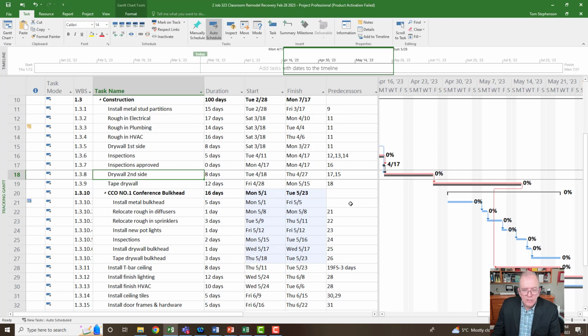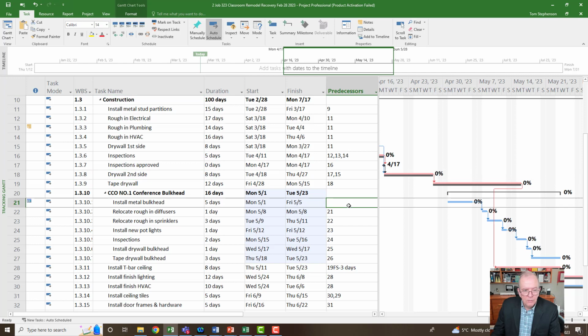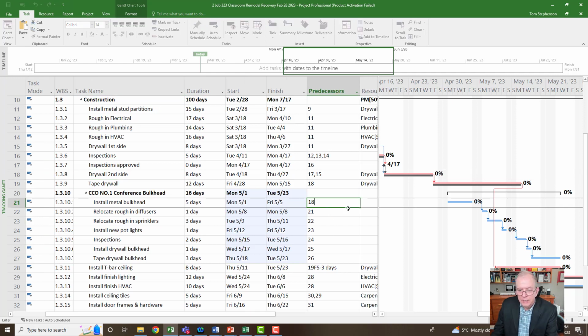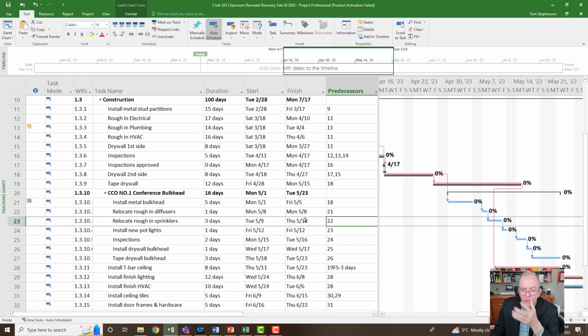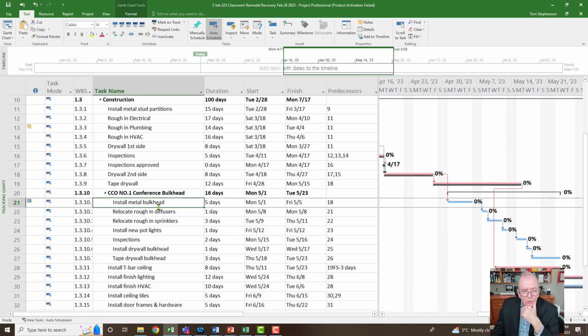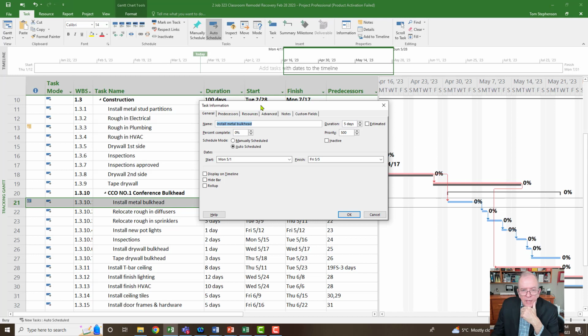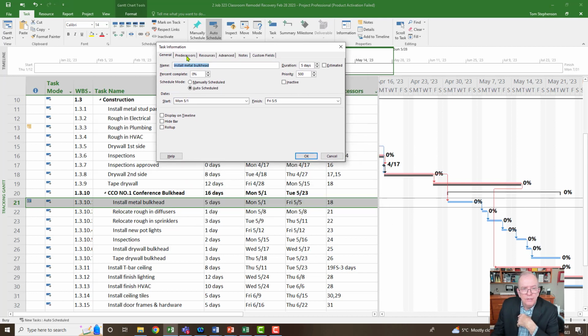Now I could easily just, for now, because I'm going to change this, say, all right, well, drywall second side is number 18. So I could just click 18 there, right? And it won't move that because I've got that constraint over here that says it can't start any earlier than that. But now that I've created that, you know what I can do? I can double click on the task, install metal bulkhead,